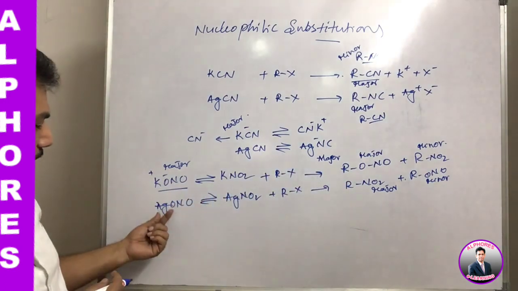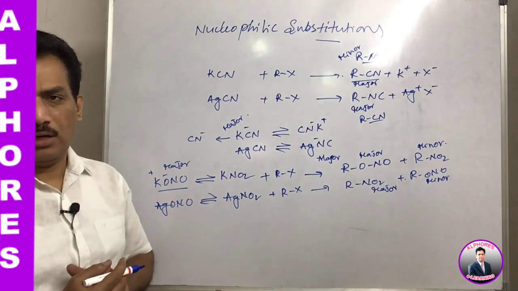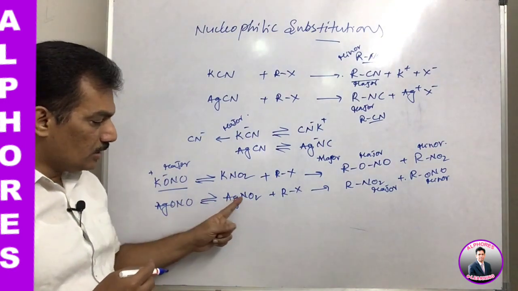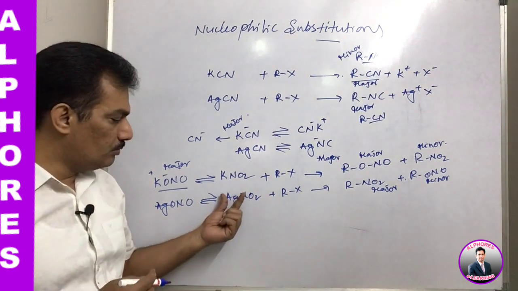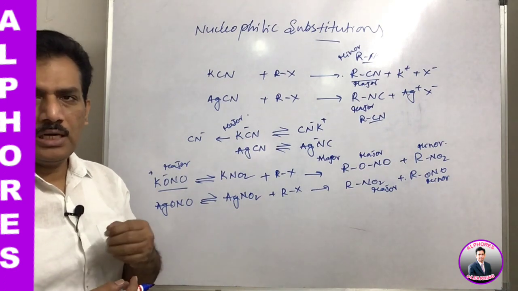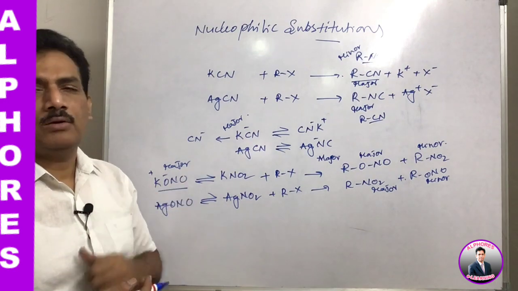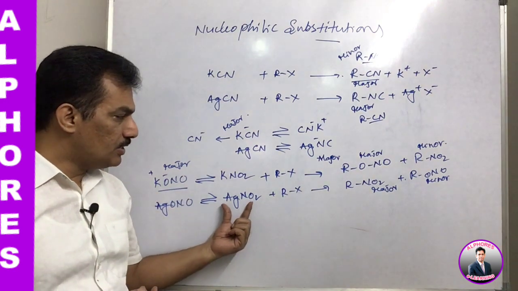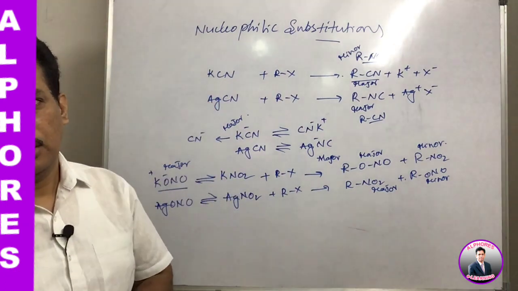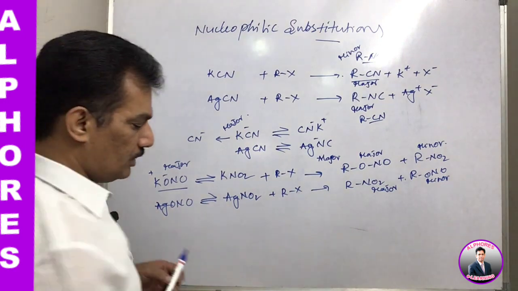And in this case, AgONO and AgNO2, Ag is preferably forming covalent compounds, and in that covalent compound the less electronegative nitrogen is of interest. Between these two, a highly polar bond will form. In such a case the electronegativity difference should be somewhat less when compared to ionic compounds. That's why it is majorly existing like this, and it is forming this product as the major product. That is happening in these two reagents. I think you are clear with these two concepts.